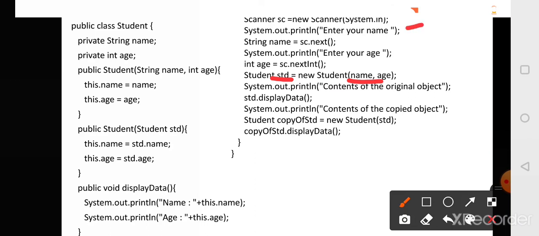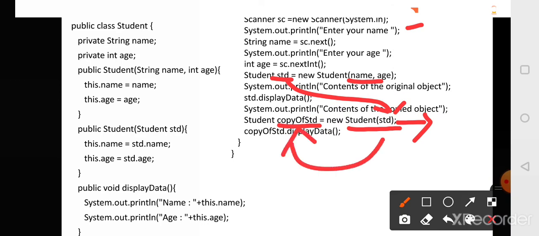In the next step, we are creating one more object called copyOfStd, and while calling the constructor for this object, we are passing the already created object as a parameter. So this is actually copying the parameter values of the std object to the copyOfStd object. Hence it is a copy constructor.